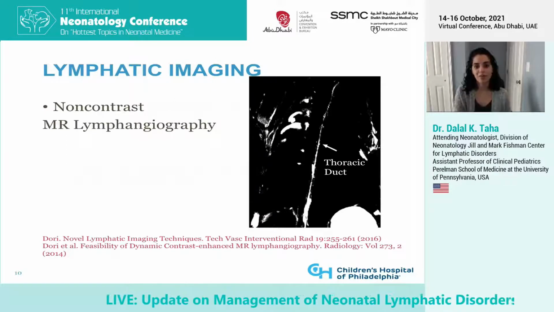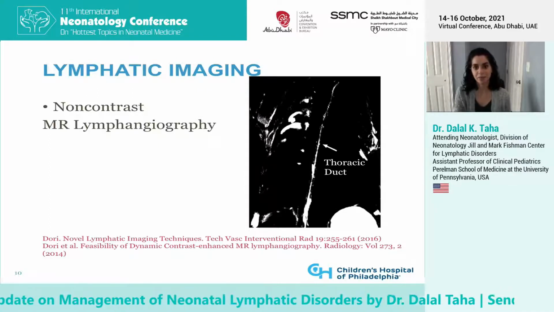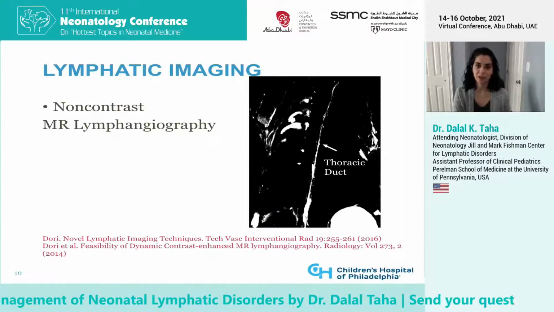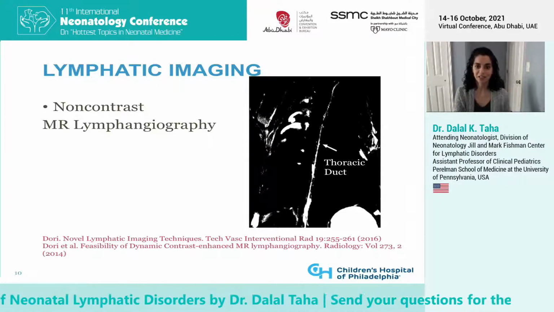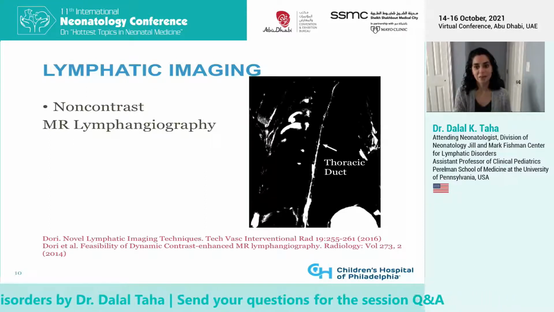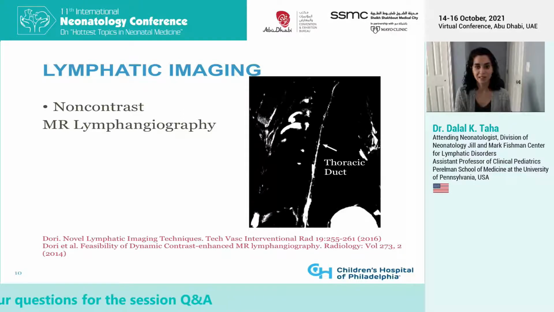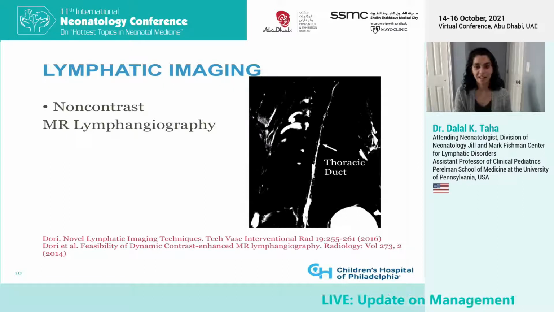Non-contrast T2-weighted MR lymphangiography is the only non-invasive method of imaging the lymphatic system. Slow-moving, non-bloody fluids produce a high T2 signal and are therefore easily visualized on MRI. This technique has typically been used to assess the anatomy of the peripheral lymphatic system in patients with lymphedema, but can also be used to diagnose lymphatic malformations as well as see segments of the central anatomy, including the thoracic duct. The limitation to this type of imaging is that it doesn't provide any information about lymph flow, and the lack of contrast does make it difficult to see the smaller channels.